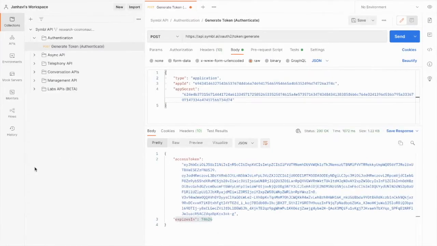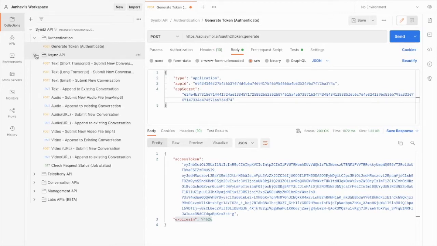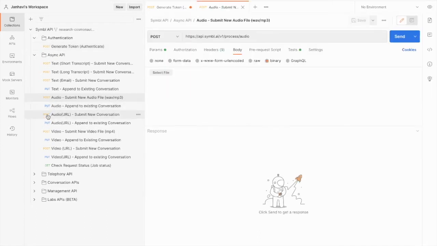So step 2 is async post audio request. So this is the main part. Here you can see that we have two post audio requests. One is post audio submit new audio file, which is the one that we're going to be using. And the other one is post audio URL, which we will see in another video. So for the post audio submit new file request,